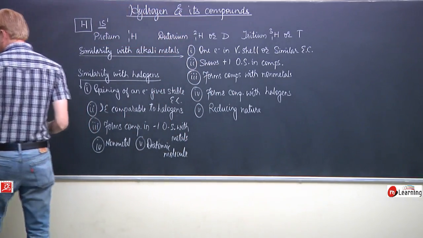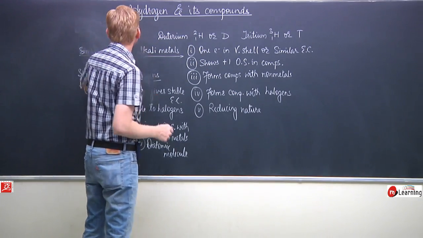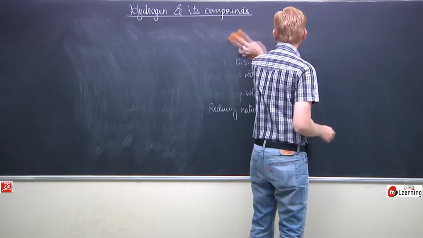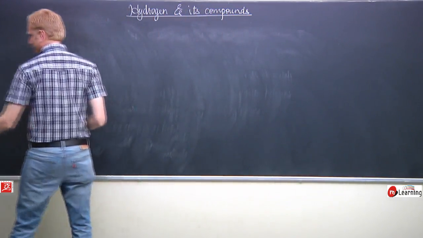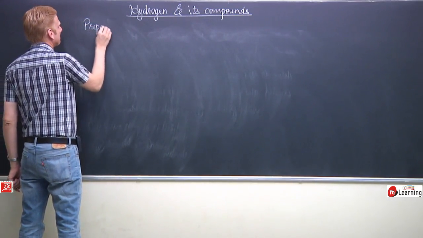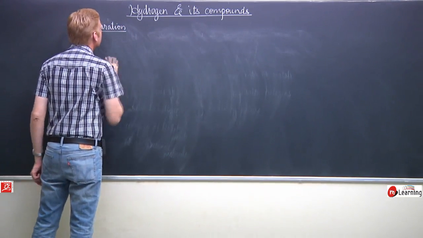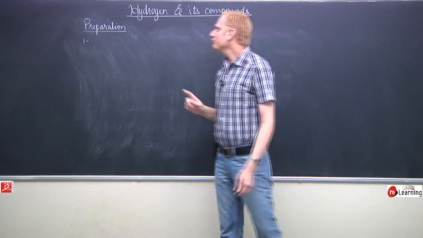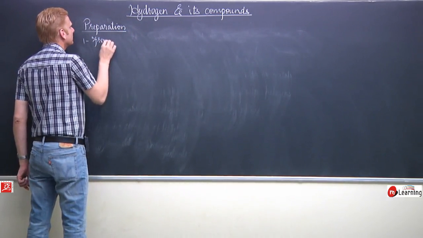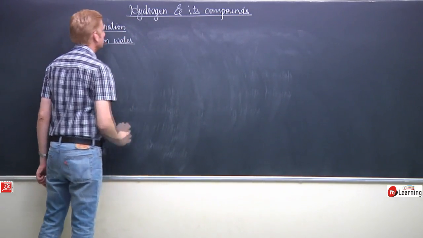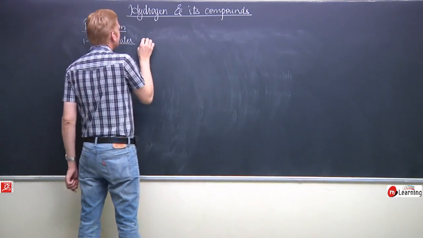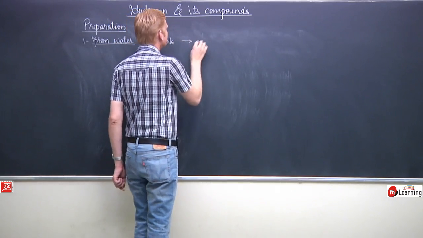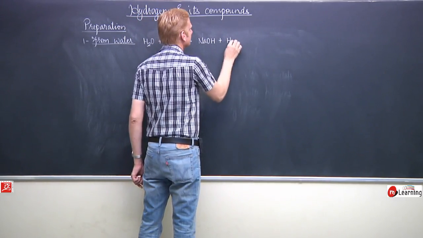After all these things, we should come to the preparation of the diatomic hydrogen. How can we prepare the diatomic molecular hydrogen? See the chemical reactions. Preparation. We are talking about preparation of the diatomic molecular hydrogen. One of the methods of preparation of hydrogen is from water. From water, hydrogen can be prepared by the reaction with active metals like sodium, potassium,